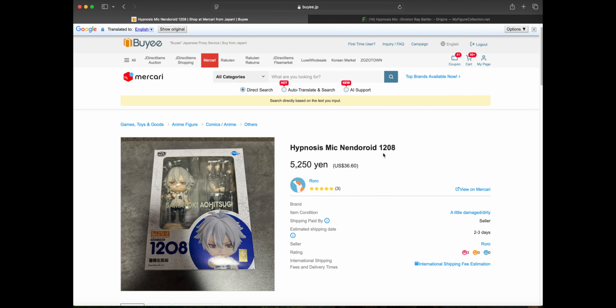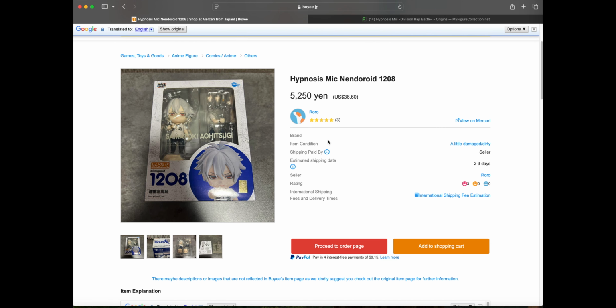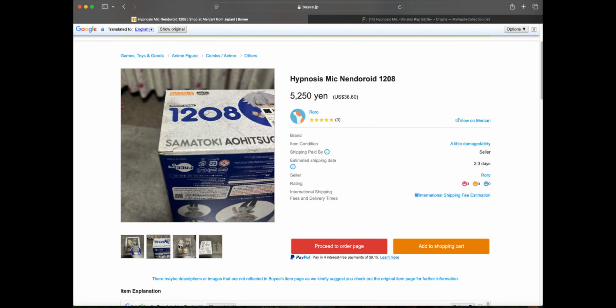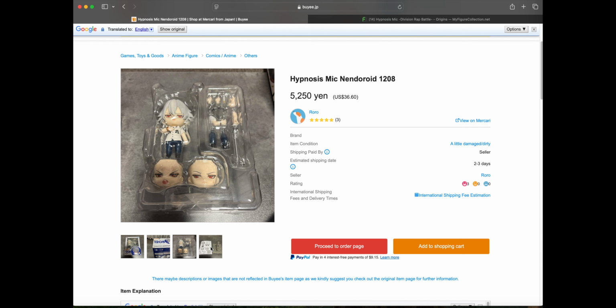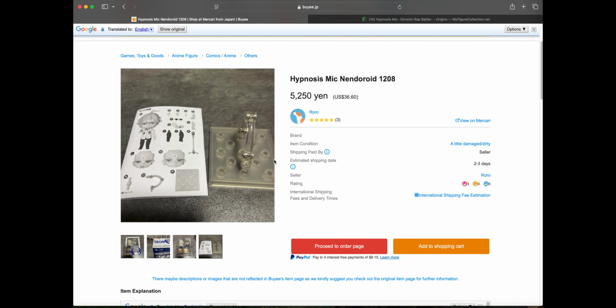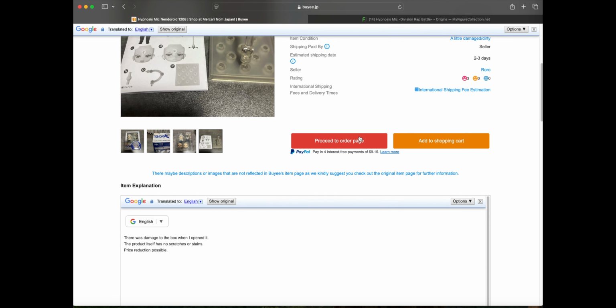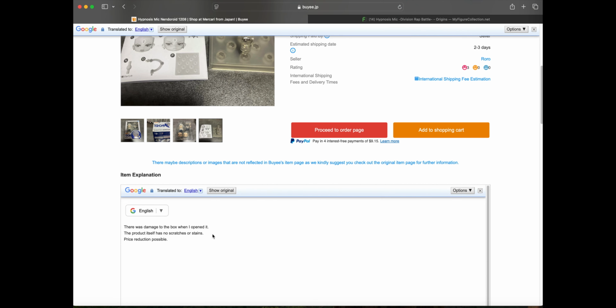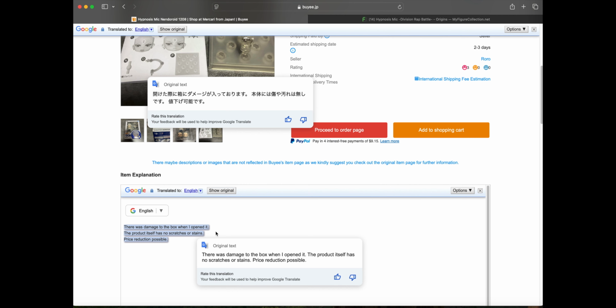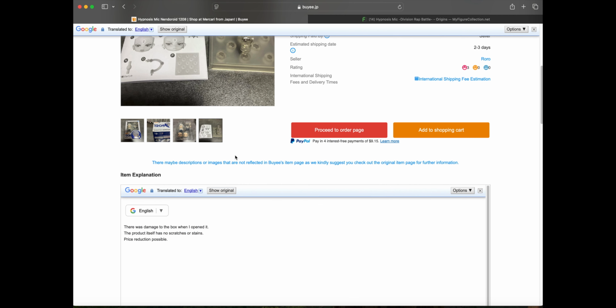descriptions. I always like to only buy from people that I feel like have a decent sell rating, because I am a little nervous to buy from someone who doesn't have much sold or has really not great looking, like kind of this little rating that's a smiley face, a face, and then a sad face. Then if you go down, it'll give you more in the description, which will also be translated into English as